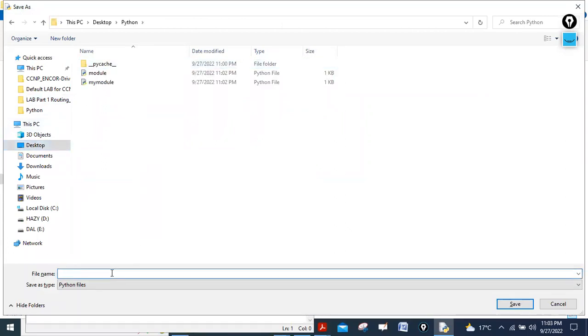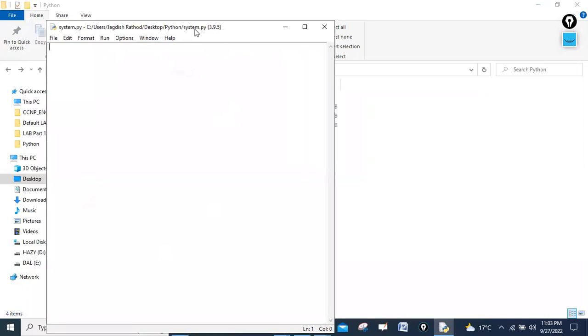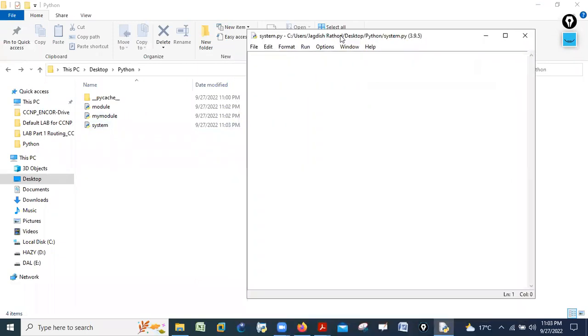I will save it on my system. You can give any name. I just created one IDLE Python file, a .py file. Now I will say import. You will get the reason why I am using a new file and not the same file we used earlier. Here I will say import platform and enter.